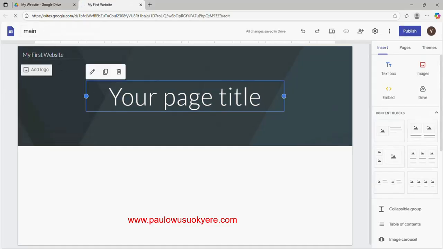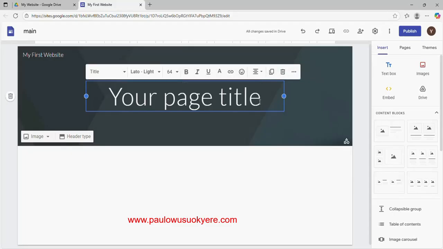Okay, so the website file's name to identify the website in your Google Drive is called main, and my first website is what will be displayed in the title bar when I launch my website. Okay, now when it opens, this is a header. It says your page title. So here I can delete the content, whatever is in it,